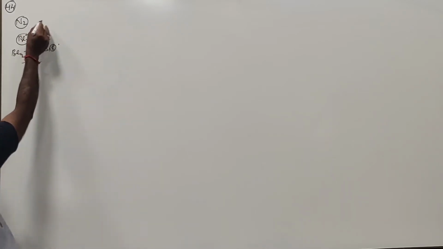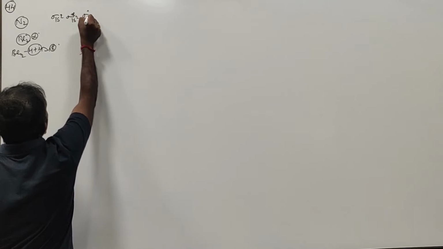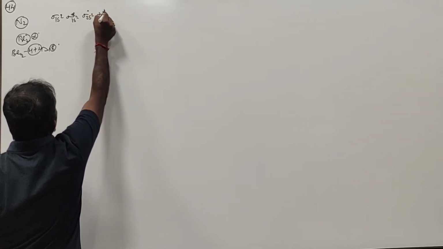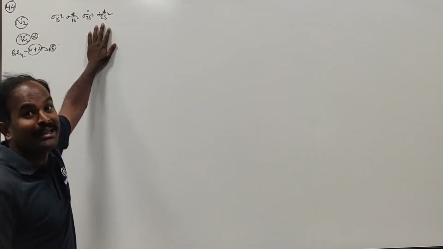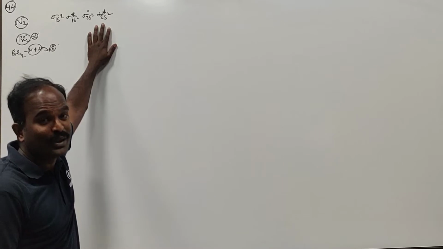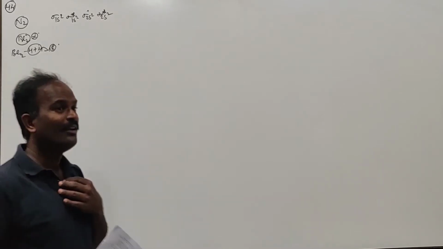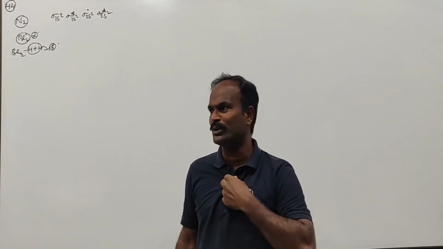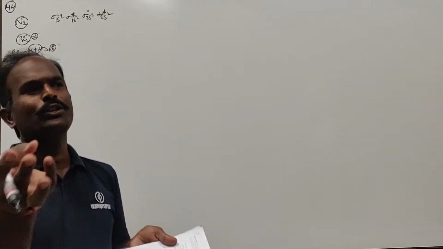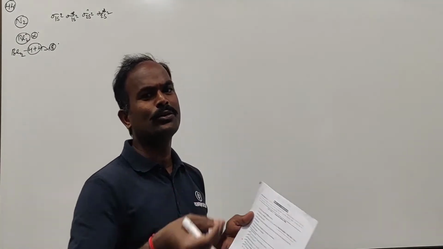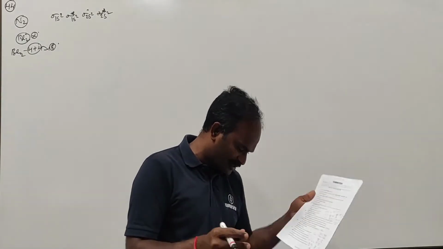Therefore its molecular orbital electronic configuration is sigma 1s2, sigma star 1s2, sigma 2s2, sigma star 2s2. Because the differentiating electrons are entering into the anti-bonding molecular orbital, it is going to be highly unstable. Hence the molecule Be2 cannot be formed, whereas the molecules B2, C2 and N2 can be formed. In B2, C2 and N2, electrons enter the bonding molecular orbitals but not the anti-bonding molecular orbitals.